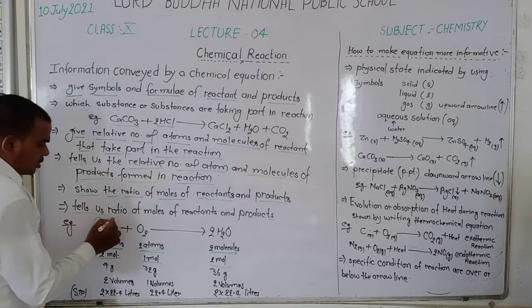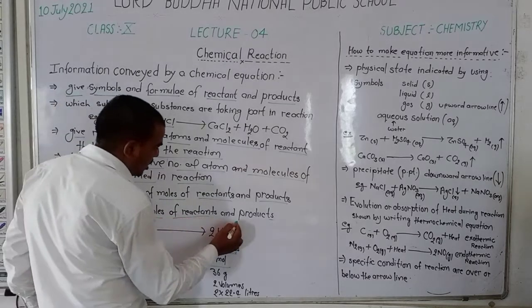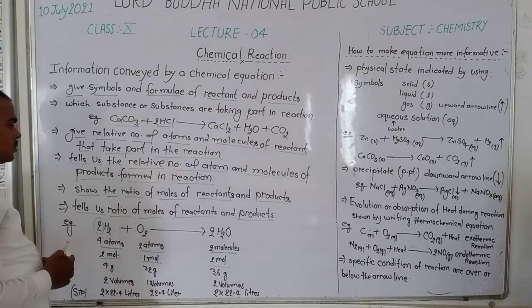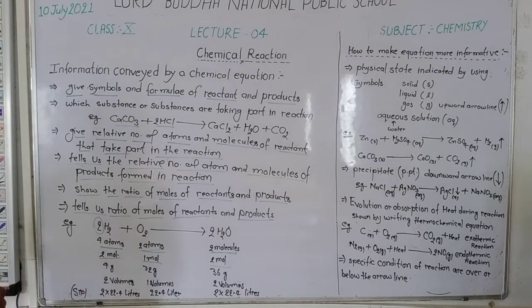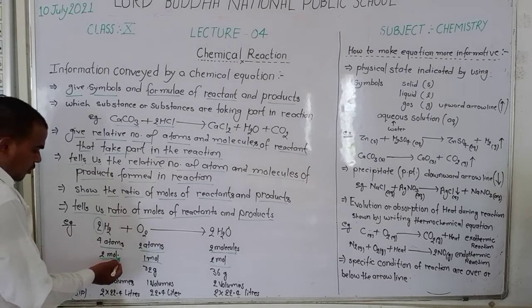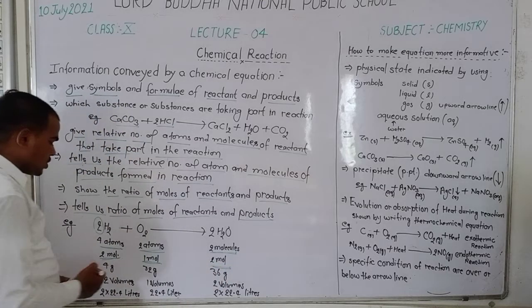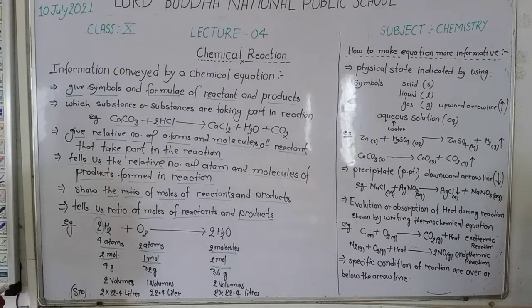Equations tell us the ratio of moles of reactant and product. Same thing, 2 mole of hydrogen, 1 mole of oxygen produce 2 mole of H2O. And